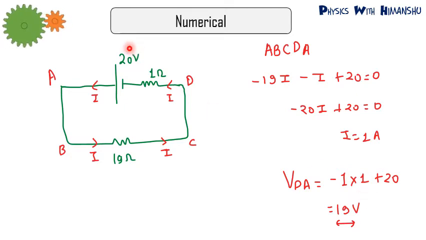Remember that in this case the battery is getting discharged. When a battery is discharging, the value of TPD will be less than the EMF. We'll discuss that also, but from this example we can learn that in a discharging circuit, the value of TPD will be less than the EMF of the battery.